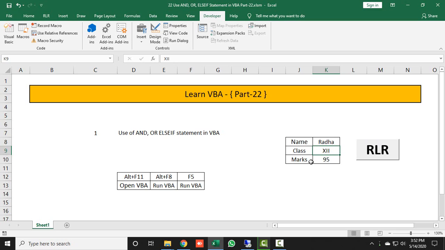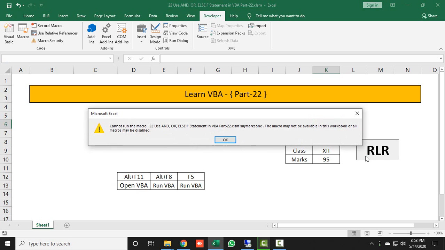Alright, let's first understand what I have done in the macro, then I will teach you how you can create this. In this macro, if any of these three cells is blank and I run this macro, then it will tell you to please update your record. Means if any cell is blank in these three cells, then after running this macro it will tell you to please update all your record. Let's say I delete this data and just run this macro.